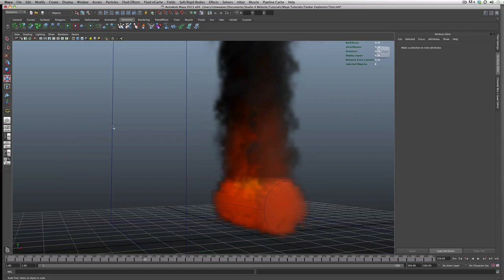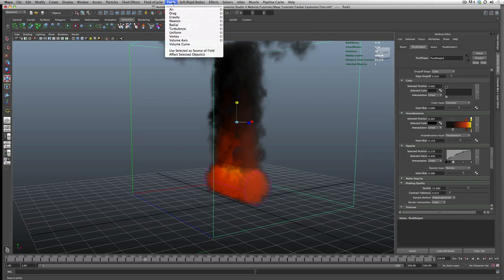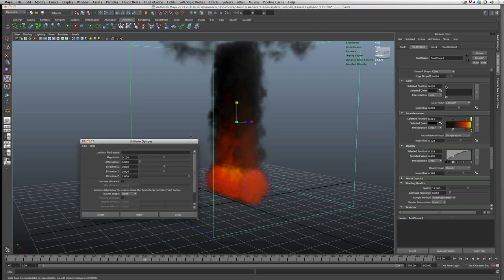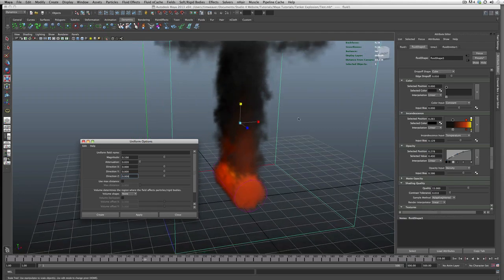Let's go ahead and add a field to our container here, because right now it's just going straight up, and if this was happening in the real world, that would not be the case. So to add a little bit of realism, go to the Fields tab, and let's make a uniform field, and we want it to move our fluid effect to the right in X. So we'll just put +1 in X, so it's going to be moving it towards our X axis, and hit create,